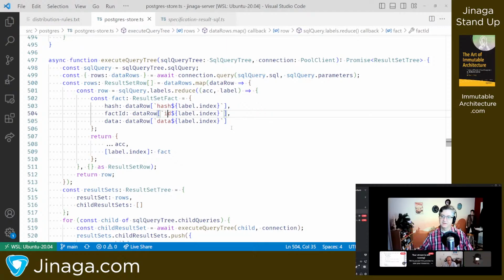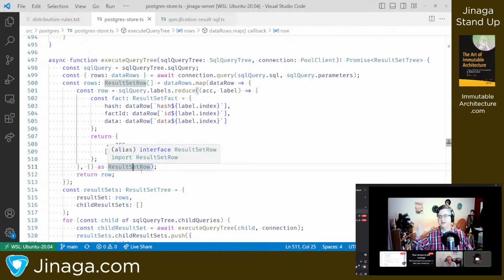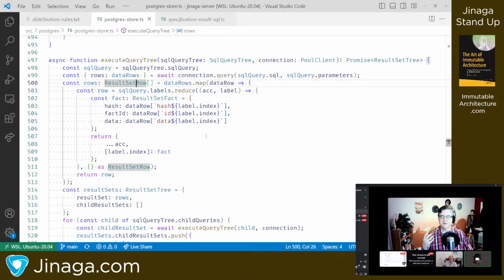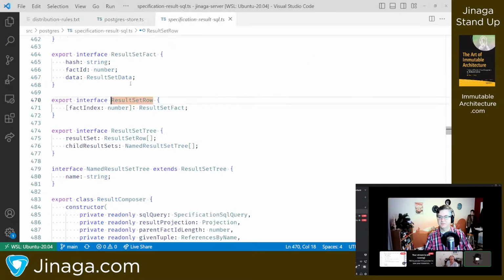So go through all of those and pull those out. This is the result set fact, and then you accumulate those as a result set row. So result set row is basically the data type that you'll be returning from your execute query.